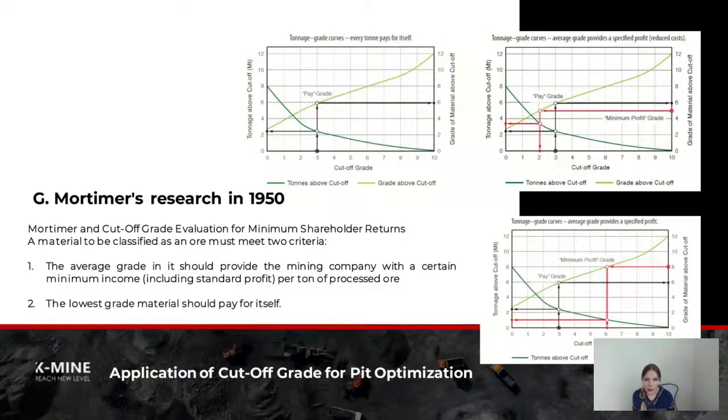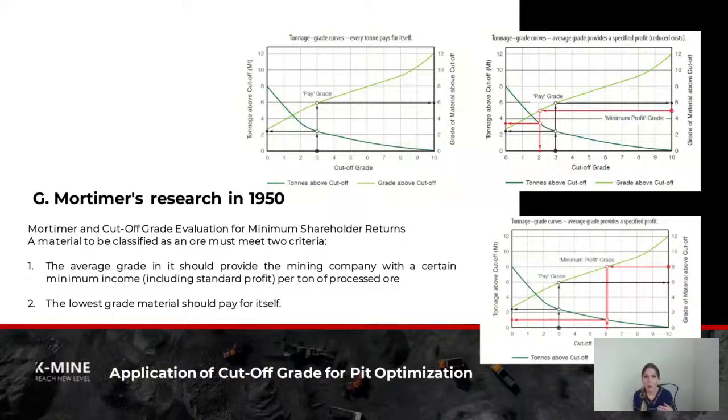That being said, when analyzing and planning, these 2 parameters should be justified: limited cut-off grade and minimum average grade in the mining block of the enrichment plant's ore flow. And so if we follow Mortimer's evaluation, there are 2 parameters of the cut-off grade, and we base our planning on the highest one. Each of these parameters has its own goals, meaning, and associated costs. Unfortunately, Mortimer did not detail the list of costs that should be taken into account when we calculate these parameters,